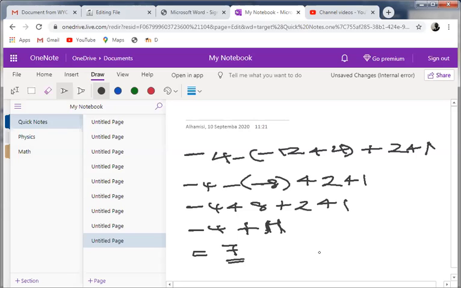So you must be very procedural. If you just come here and start working from here without considering the aspect of BODMAS, you are going to derive a very wrong answer. If you solve 2 plus 1 and get 3, and then go ahead, you'll find it very wrong. So always stick to the rules, and the rules require you to apply BODMAS.